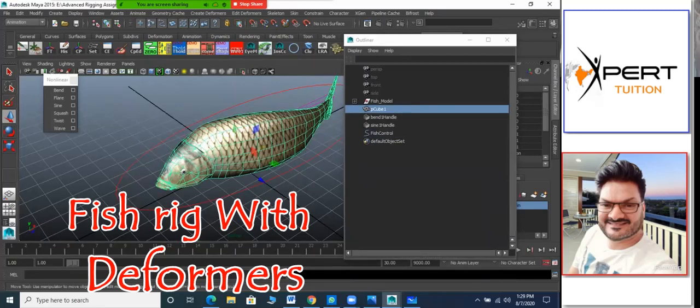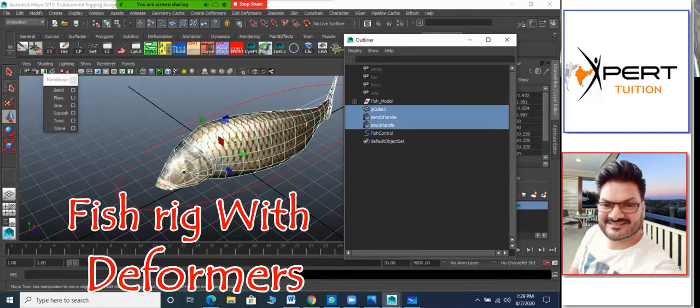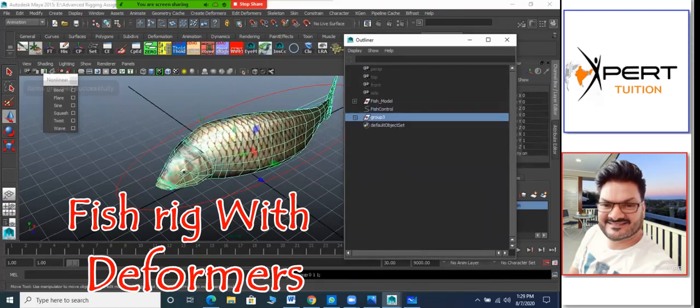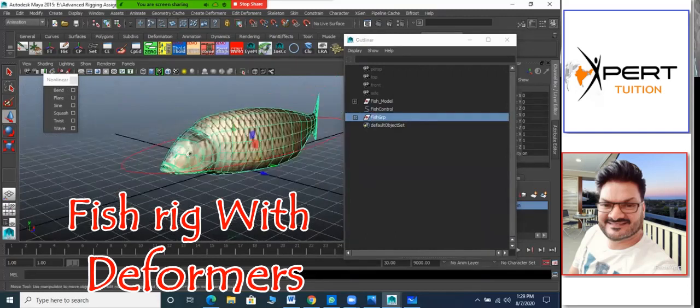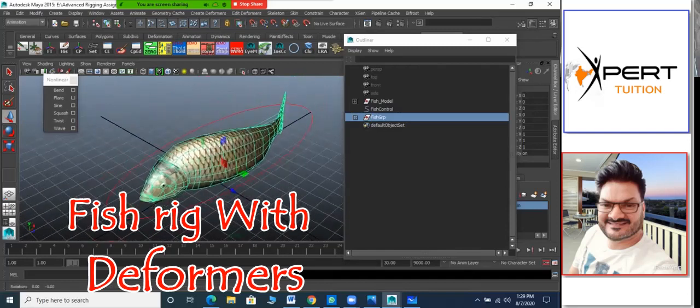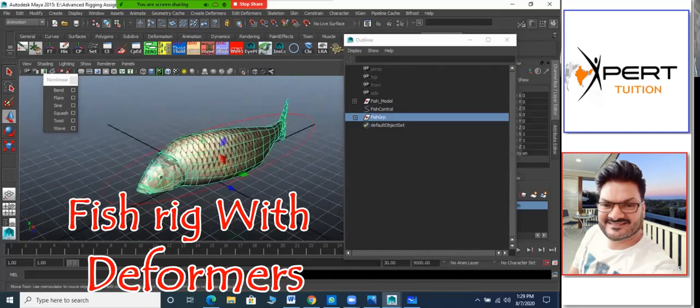So this mesh, this one, and this both deformer and group it, Control G. Make sense? Yeah. One group I created. So that will be called fish group. Whatever you want to write it, but fish group will be the better name here. And this I want to scale with the control. So this pivot and that control pivot should match. Then it will be easier to scale it.